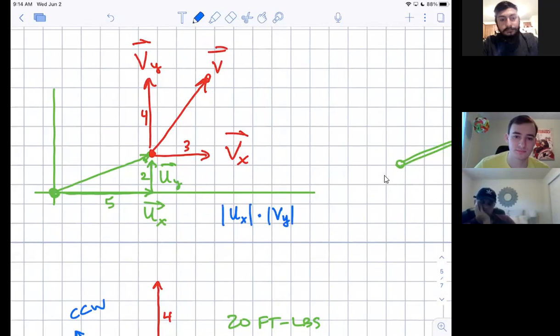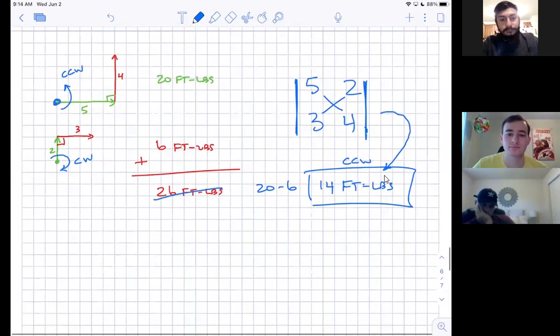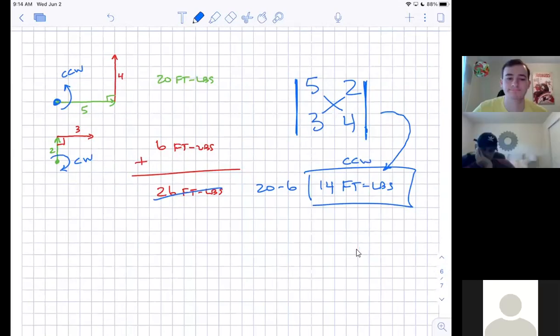Now remember, the dot product was the X of the one times the X of the other, and then the Y of one times the Y of the other. It was like X times X, Y times Y. Whereas this is actually the reverse. It's like the X of one times the Y of the other, and then reverse. And then because these were working at cross purposes to each other, we needed a minus sign built into it. And so kind of the takeaway for this of what a